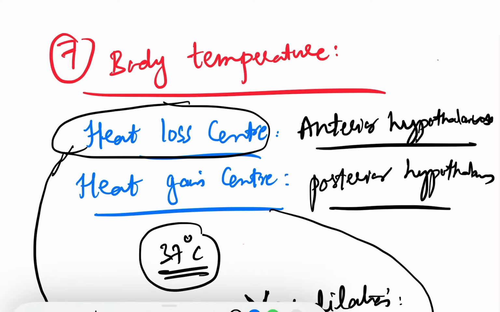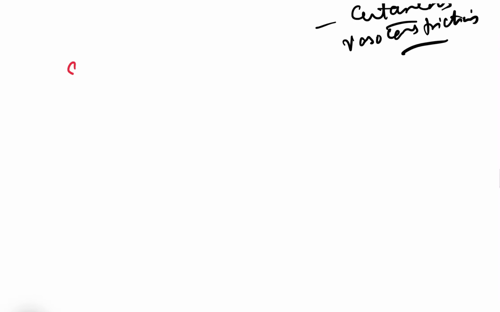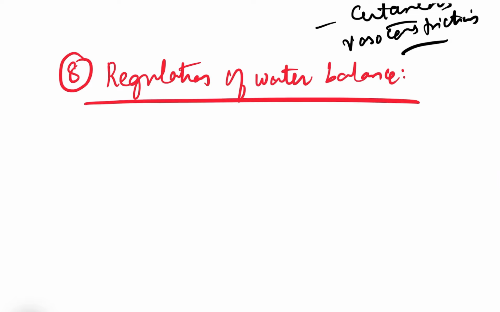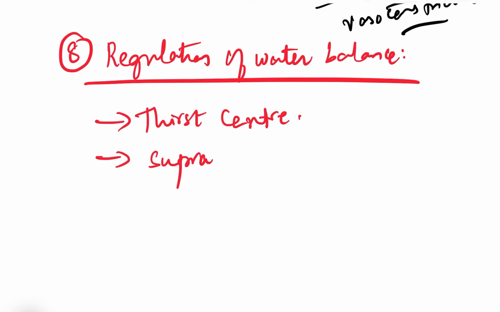Then the next important function is regulation of water balance. The hypothalamus has a role in maintaining the water balance. It does so by two mechanisms: through the thirst center, which is present in the lateral part of the hypothalamus, and also through the osmoreceptors which are present in the